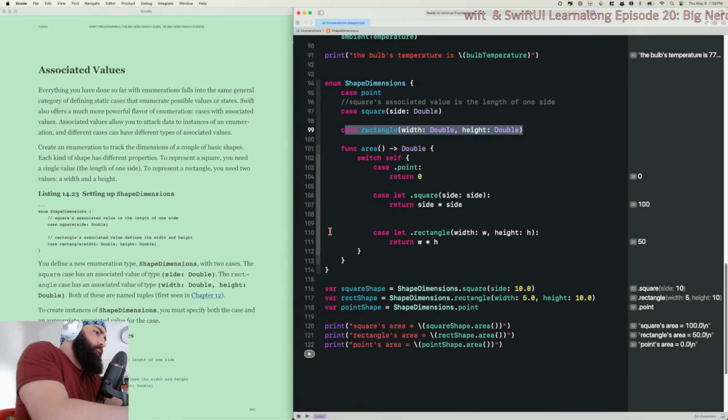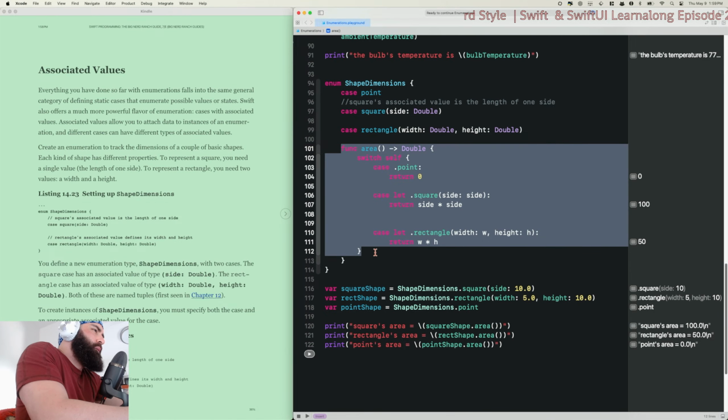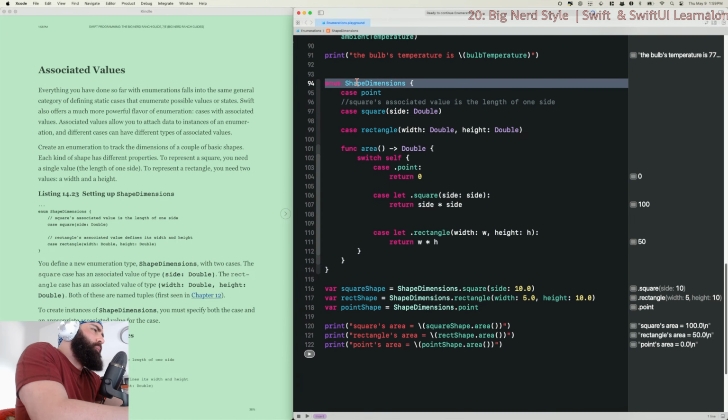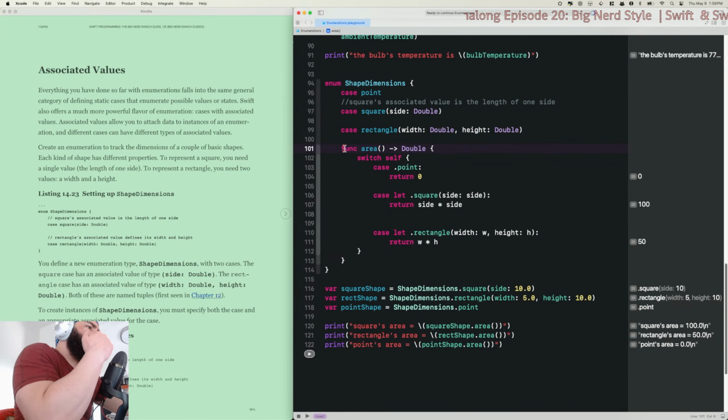Okay, I think I know my question now. So I want to understand, because this would be defining a method against this enum. Damn it, I had it. So wait, what do I want to know?